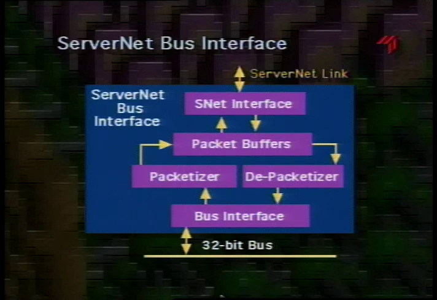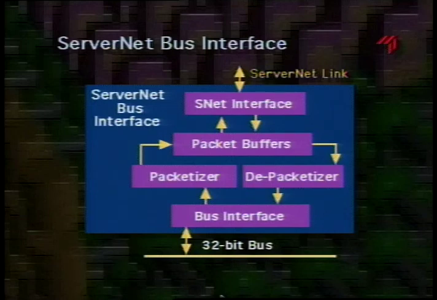So for instance, if we're doing a read on that 32-bit bus, the read is intercepted by the interface chip. It formats a read packet and sends that packet off to main memory somewhere across the network. The read data then comes back and is placed directly on the 32-bit bus by the interface chip, and the I/O controller that was doing the transfer just sees a slightly longer latency than it would have if the memory had been local to that 32-bit bus.